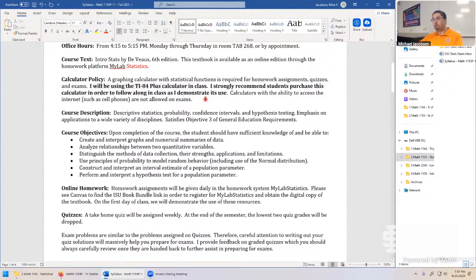If you are pretty tech savvy and you have another calculator that you would like to use, say, for example, a Casio calculator along those lines, you're welcome to use those as well. They're oftentimes a little bit cheaper. But I found that these are so widespread that this is the easiest one to demonstrate in class. So if you feel like you're rusty with calculators, you might want to get this version just to make the course a little bit easier.